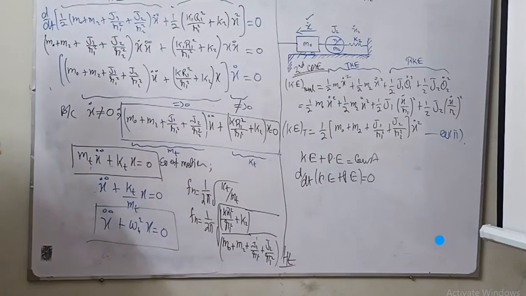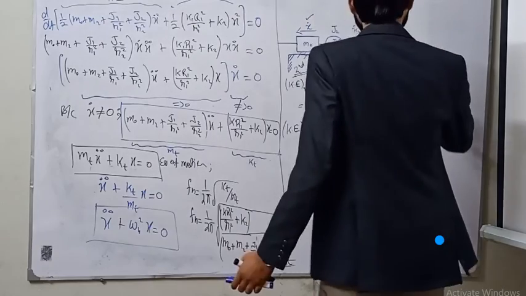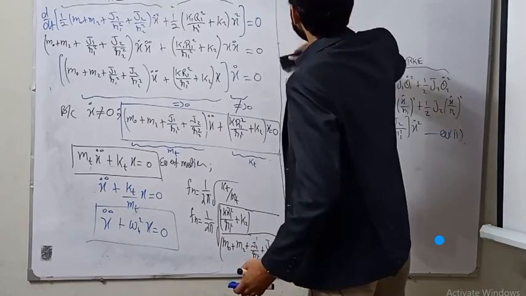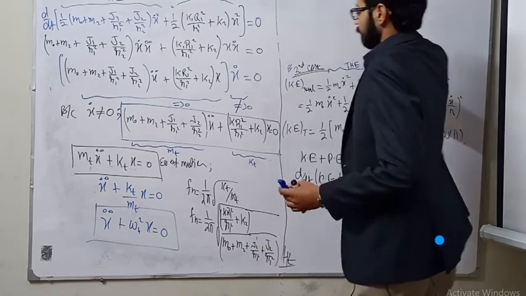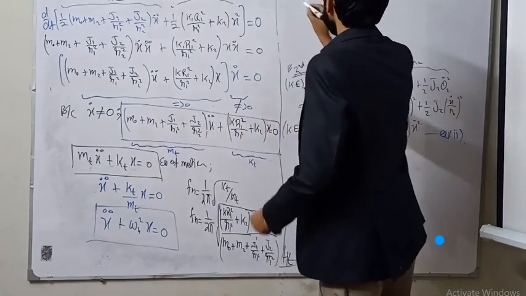So we can see that we have found the natural frequency of that complex system that consists of a number of bodies attached with each other with the help of elastic elements, even consisting of translational and rotating elements. So we have found its natural frequency. I am writing that natural frequency here. If you people have any problem in understanding, the final natural frequency that we have calculated is here.